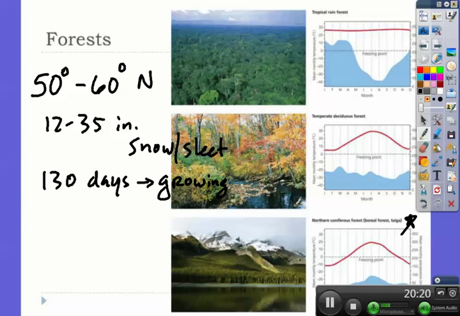Tree species include spruce, pines, firs. There's very little understory vegetation. The soils are very thin, they're acidic, they're very nutrient poor. Animals that you'll find here are moose, grizzly bear, weasels, birds like eagles, hawks. The locations where you'll find them include a broad band across the northern latitudes of North America, especially Canada and Alaska. You'll find them in northern Russia, and you'll find them in Scandinavia.